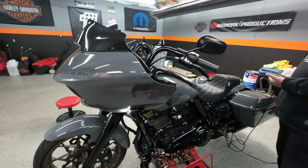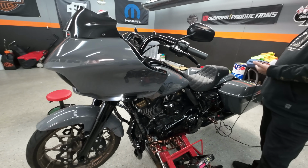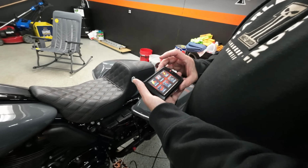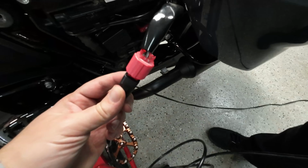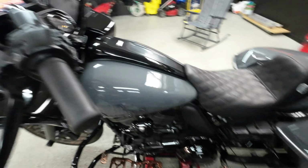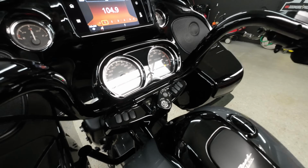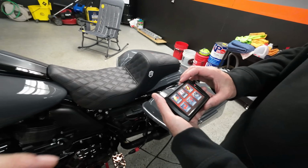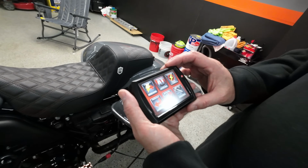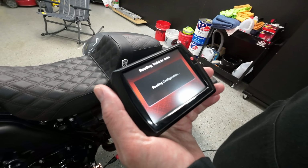I was able to turn the oil cooler fan on, and I'm going to show you guys how to do it if you guys have a Power Vision. So let's explain to them how to turn the oil cooler fan on using your Power Vision. So first things first, you're going to want to plug it into your DLC cable and turn the ignition on so you have power. Make sure you click that on, okay? So then your Power Vision is going to start up, and you're going to go to Quick Tune, and then it's going to read the vehicle info,